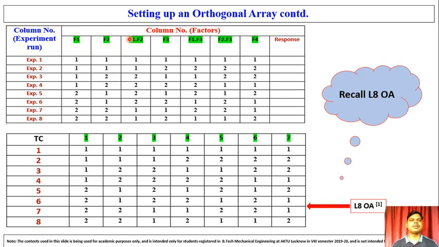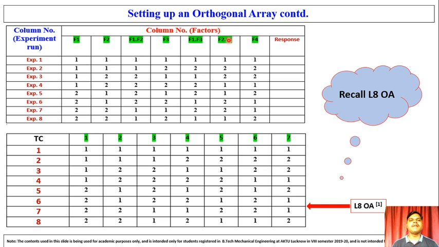So this will be the third column, that is the multiplication of f1 and f2. Okay, we'll write here. Then the fourth column will be representing the third parameter, the third factor, so we put it here. And if there is an interaction between factor 1 situated in column 1 and factor 3 located in column 4, then their interaction will be represented here in column number 5.